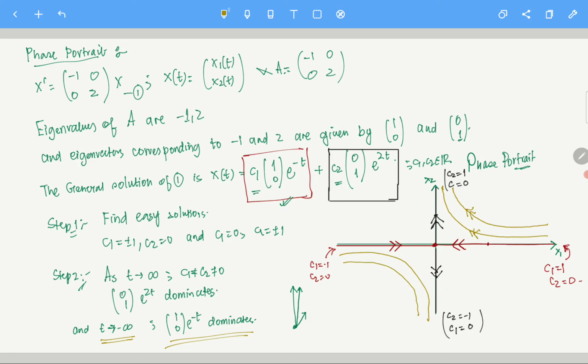Again, my diagram is not very nice looking, but it does the job, right? I hope this is clear. Here also we can draw the phase portraits, the trajectories essentially. Why can we fill it up like this? Because of course C1 and C2 are in R. So when you vary C1 and C2, it is going to fill up the whole R2, right?